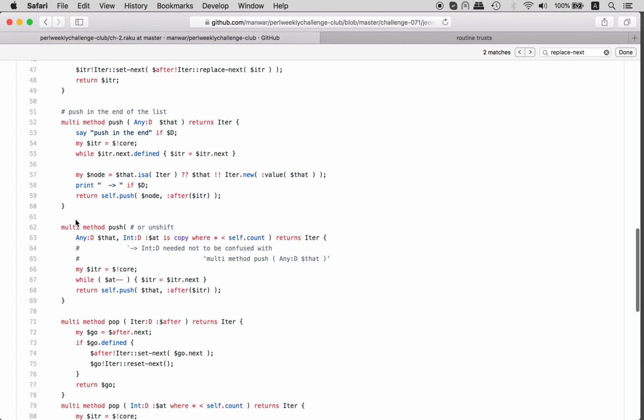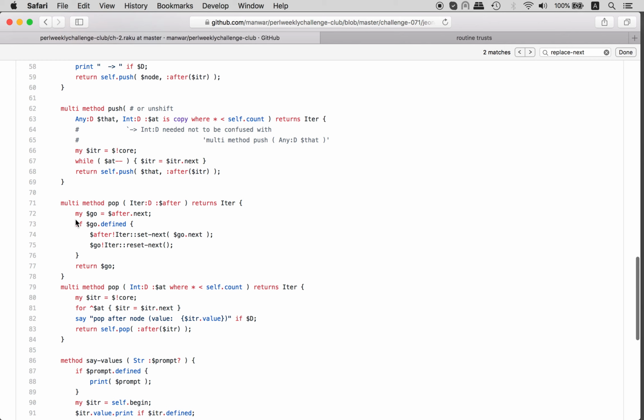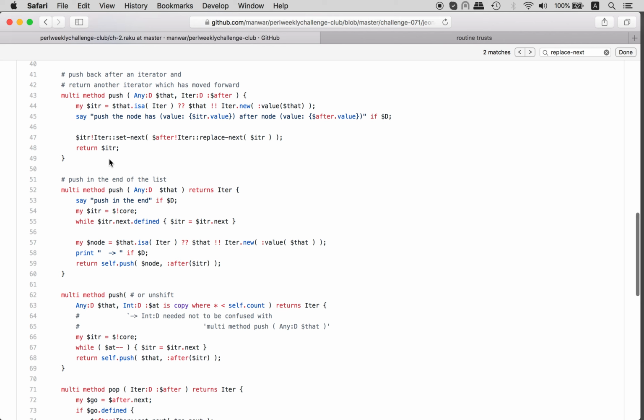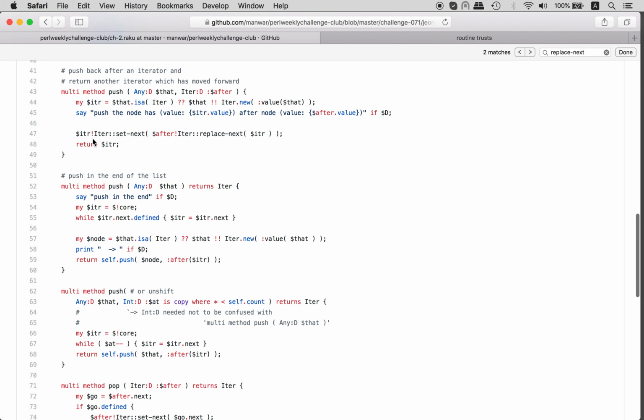Okay, then we have 1, 2, 3 versions of push and 2 versions of pop, and return another iterator which has moved forward. But let me leave it as homework. But maybe what was